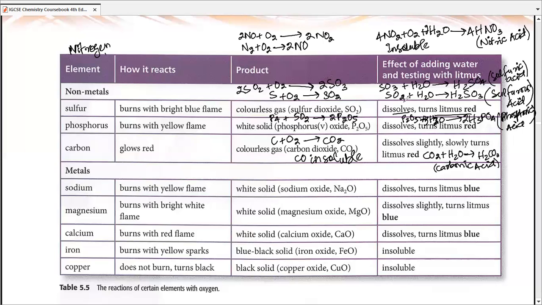Let's move on with the metals. Sodium comes first. It burns with a yellow flame. It gives us the white solid Na2O. I think the reaction is pretty easy: Na plus O2 gives us 2Na2O. Sodium oxide dissolves quickly and turns red litmus paper blue. That's because Na2O can dissolve in water to form